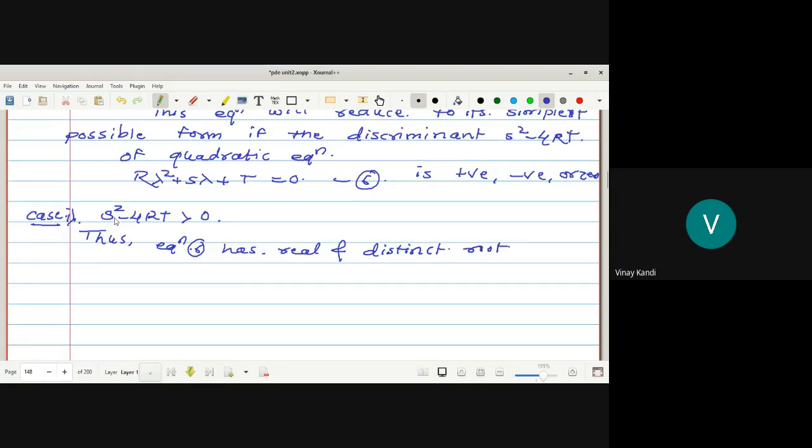In case 1 we assume that s square minus 4rt is greater than 0. Hence the quadratic equation 6 has real and distinct roots. Suppose they are lambda 1 and lambda 2. The two roots are real and distinct. Now take and choose the independent variables xi and eta, such that